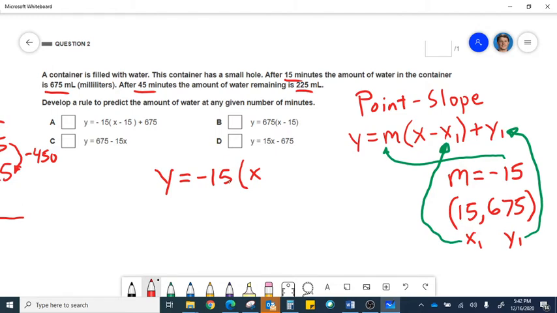All right, so I say y equals negative 15 times the quantity x minus x1. Well, x1 right here is 15. So I'm going to say minus 15. Okay? And then what I'm going to add to that is the y1. And y1 right here is 675. Okay? So I can go up to the answer choices up top, and I see y equals negative 15 times the quantity x minus 15 plus, outside of the parentheses, plus 675. So that's my answer, but it doesn't say that there's only one answer. So these other forms, C, D, and B,